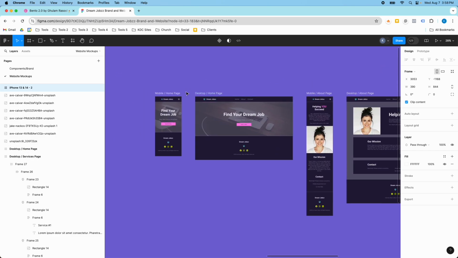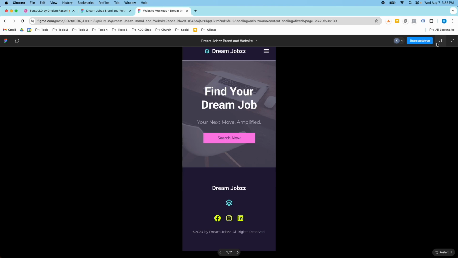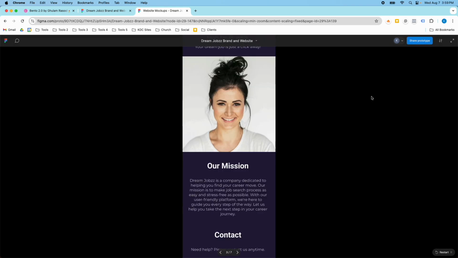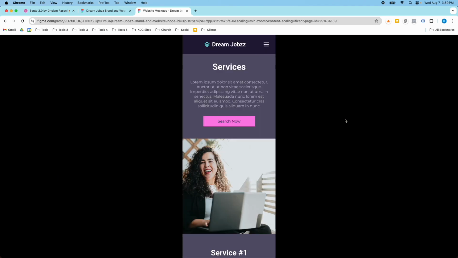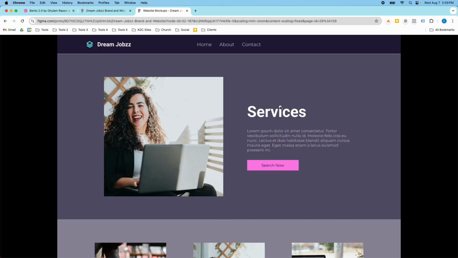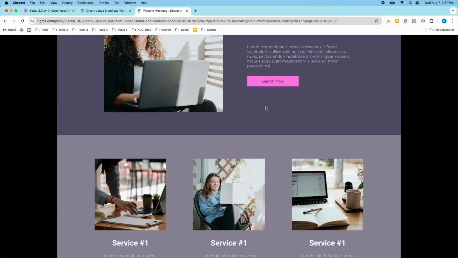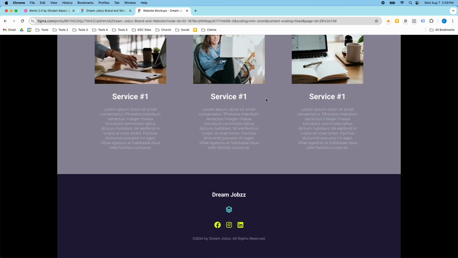And then also the benefit of doing it this way in Figma, at least, is you can see side-by-side comparisons. So I'm going to go back to the beginning. Here's my mobile homepage, my desktop homepage. Here's my mobile about page and my desktop about page. And then here's my services page on mobile. And then here is my services page on desktop. So you can see the differences there, and then if you needed to further customize this desktop version,